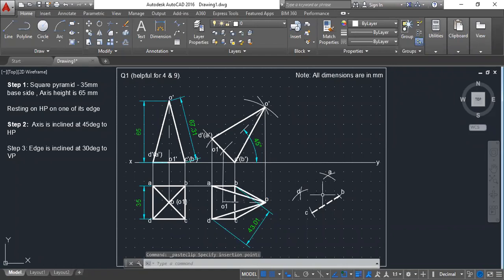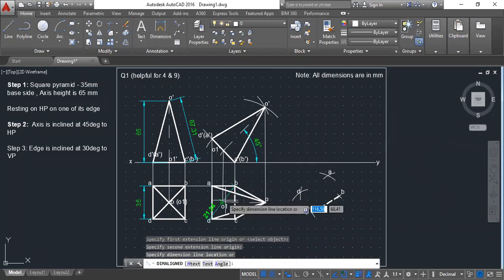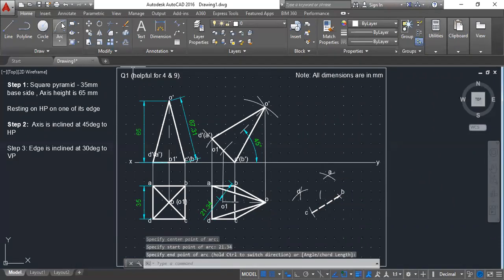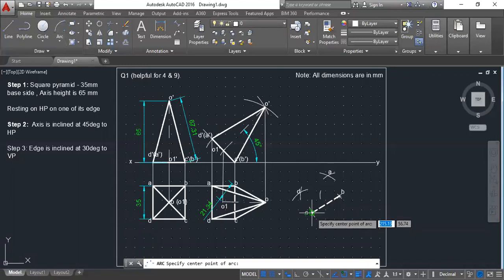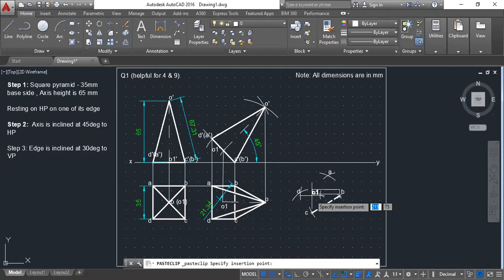So next thing that I need to find out is O1. So see, this is all your compass game. Just take your compass and find out each and every value. So it is 21.34. So from B, I'll draw an arc with 21.34. Okay, so I'm just drawing an arc like this. I'll do the same from C also because it is symmetric, so the length will be same. It's 21.34. Done. So that's where I get the point O1. So this particular point is my O1.